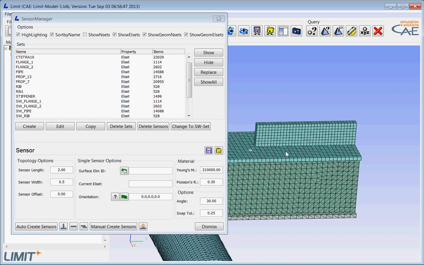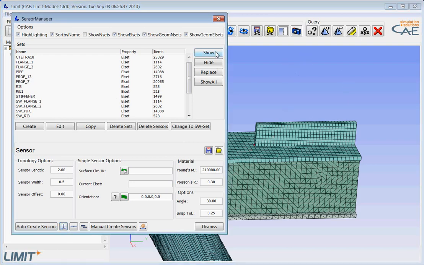So with this selection, I tell the program that this set here is the first set, and the second part is welded to it. So I select the second part, and then I have different topologies where I can generate my sensors. So if I click on the T junction symbol,